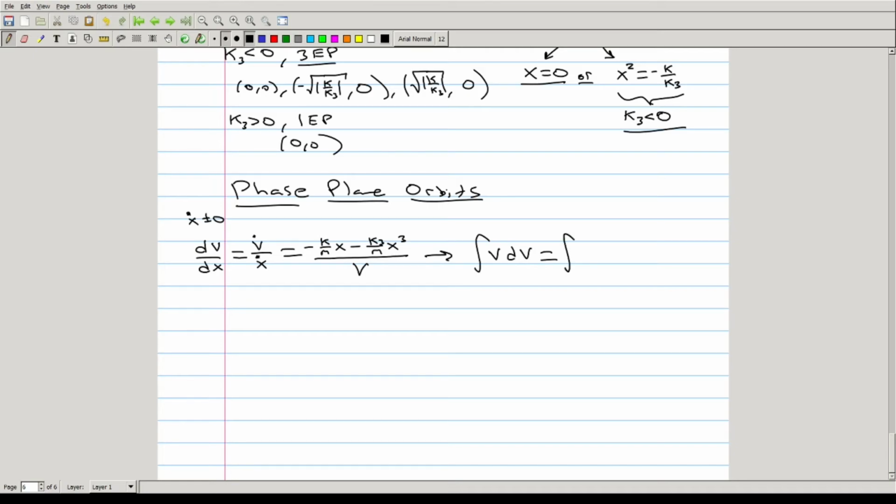This has to be equal to the integral of negative k over m x minus k3 over m x cubed, which gives us v squared over 2 is equal to negative k x squared over m times 2 minus k3 x to the 4 over m times 4 plus some constant c,